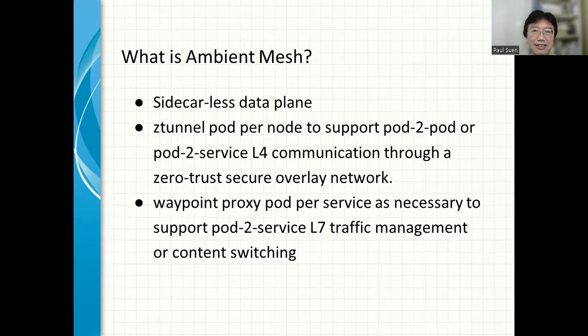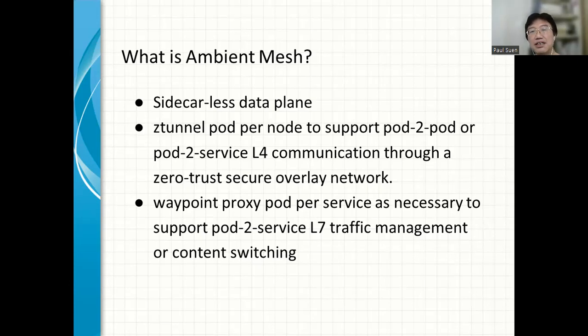Instead, an ambient mesh is woven with two salient components. First, a so-called ztunnel pod is deployed on each Kubernetes node to support layer 4 communication from pods to pods or from pods to services.